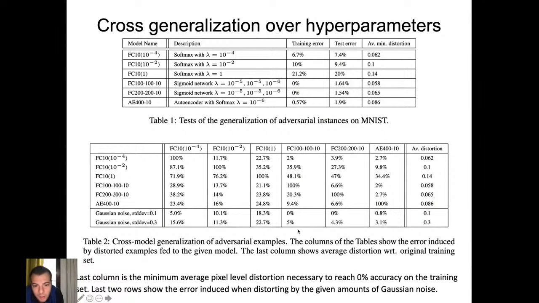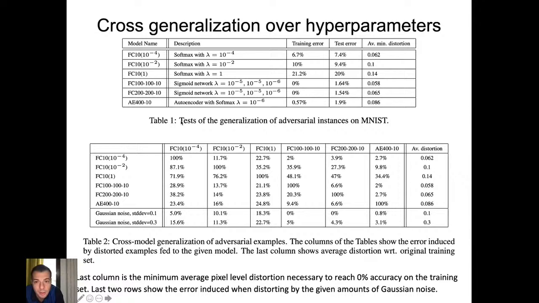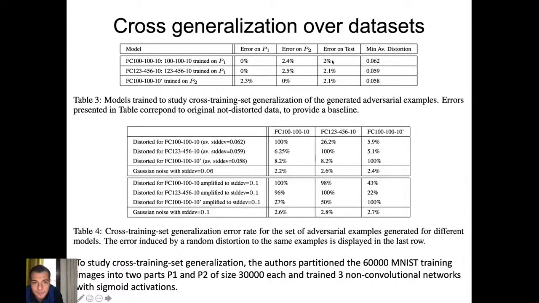Of course the errors will increase slightly, but not as much as they increase with the adversarial examples. Okay, so this was to show that there is cross generalization over hyperparameters and over models, and they also have